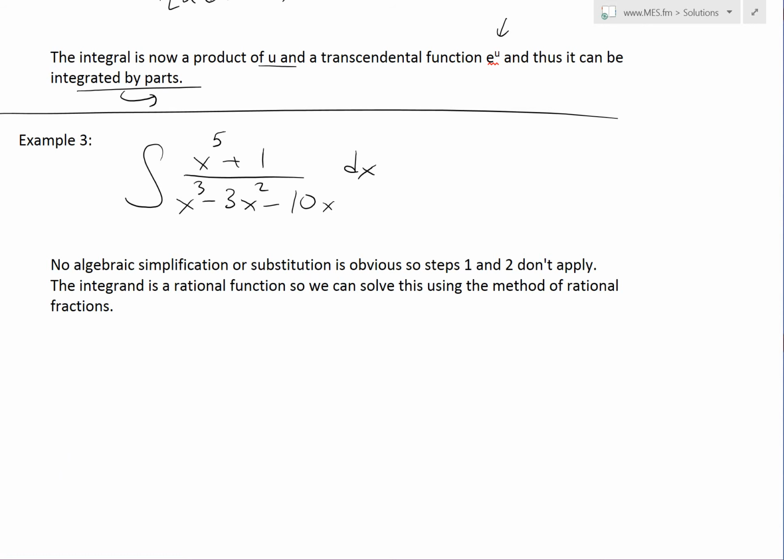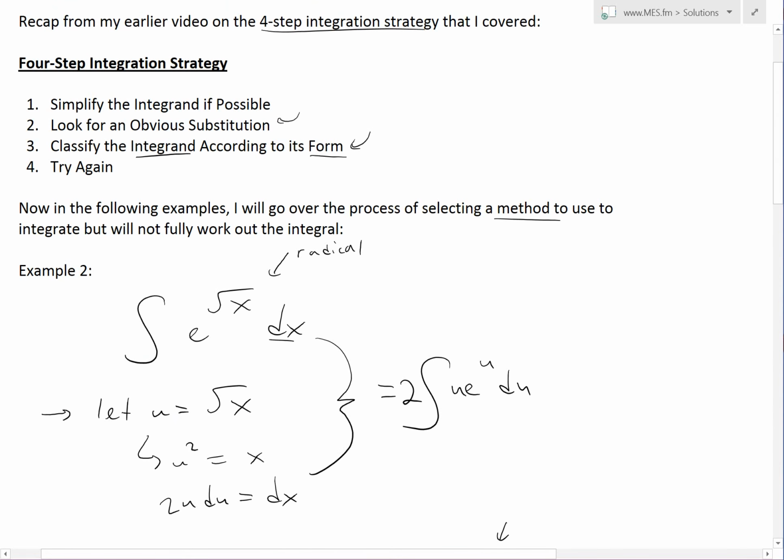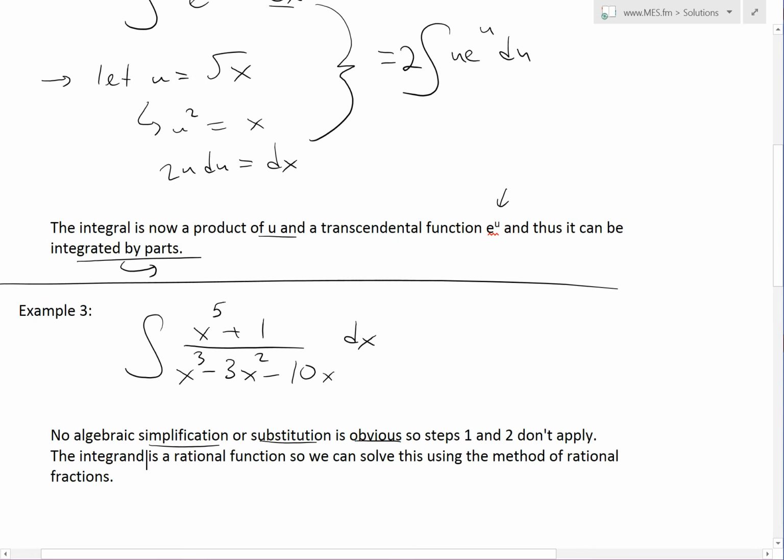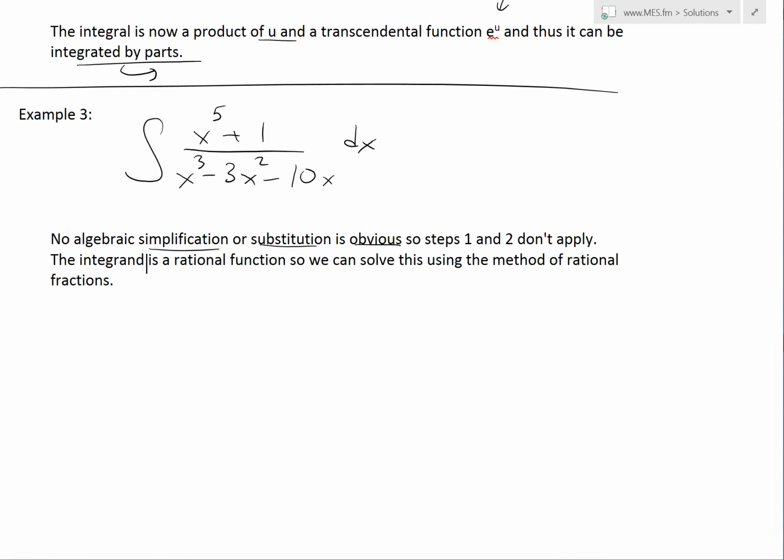Now we'll go to example 3, which is the integral of x to the power of 5 plus 1, all divided by x cubed minus 3x squared minus 10x, dx. Now this one, I can't see any obvious substitution or algebraic simplification, so steps 1 and 2 don't apply. Those are simplifying through algebra and substitution. But the integrand here is a rational function. So from step 3, we know it's a rational function, so we could just use the method of